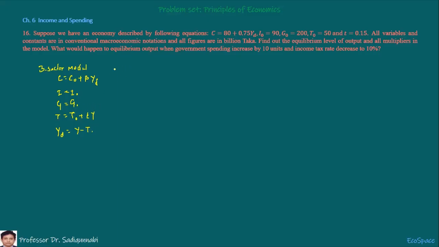So this is our model, and from this aggregate demand identity, y equals c plus I plus g for the three sector model, which is equal to c naught plus beta (y minus t naught minus small t y) plus I naught plus G naught,